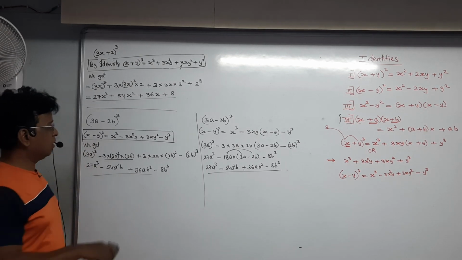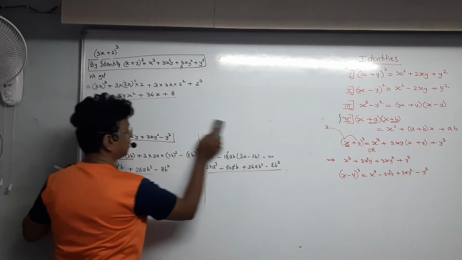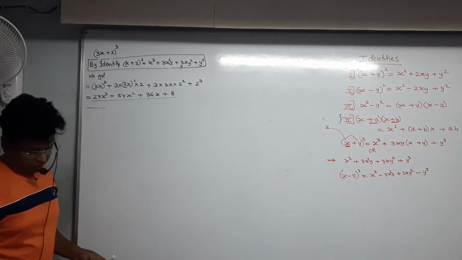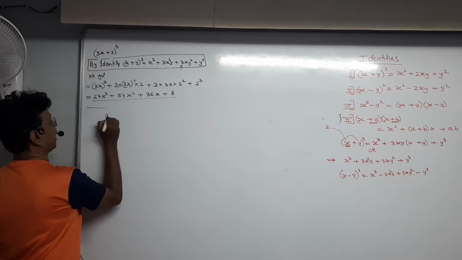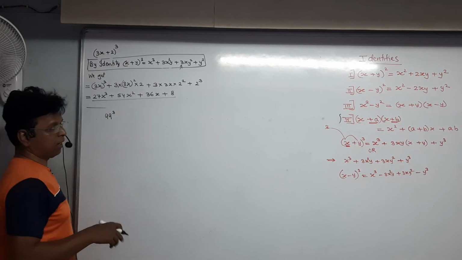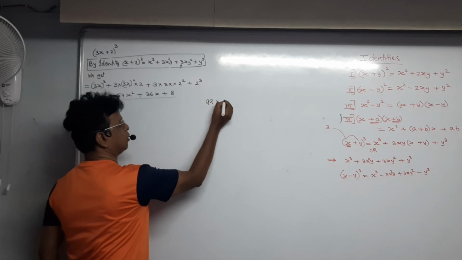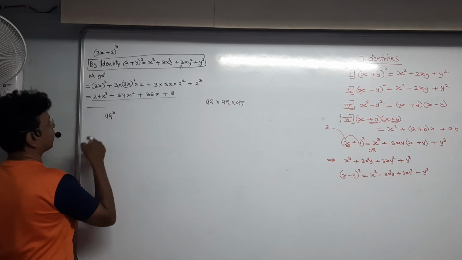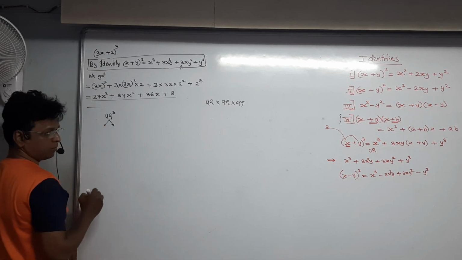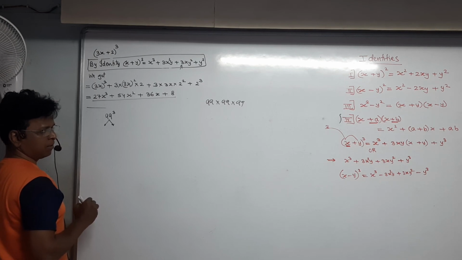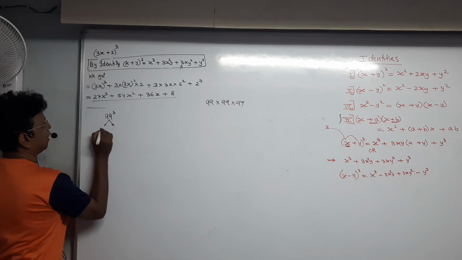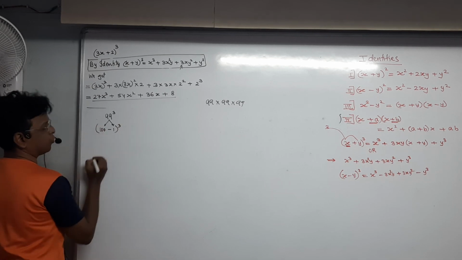So in this way, I think you should be able to complete the next question. Now, how do you apply this? You should be able to do its application also. Sometimes they will ask you to find the value of 99 cube. So 99 cube means you will have to do 99 into 99 into 99, which will be slightly tedious. So instead, split this 99 into two numbers: 100 minus 1. You will take 100 minus 1 the whole cube.